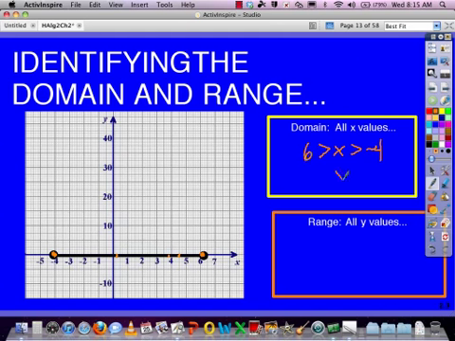Now if you want to write that the other way, we can also say x is less than 6 and greater than -4. Now that second way probably is a little more familiar to some of you,